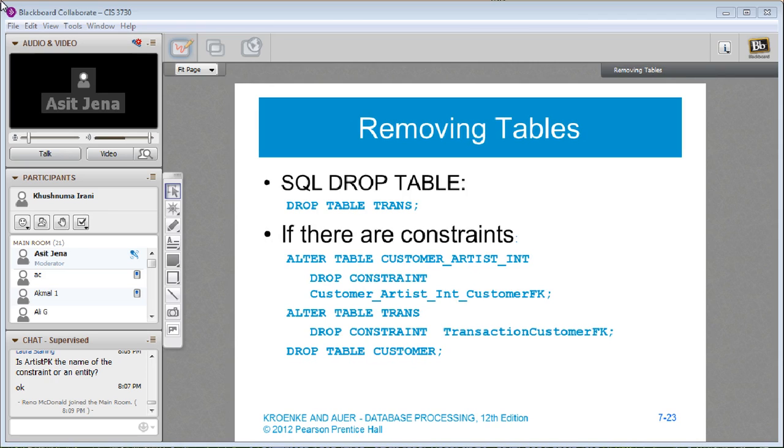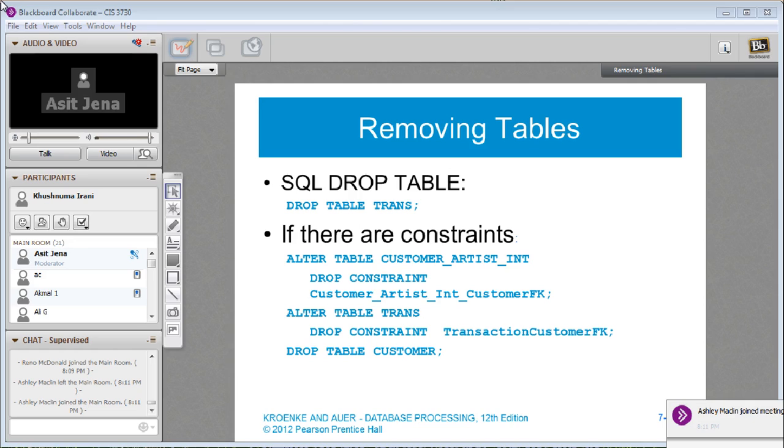SQL drop table. So we did the alter, we did create, alter, now it's drop. Drop table is relatively simple. If you want to drop a table, you can just say drop table. And what does it do? It removes the table structure and the content of the table.